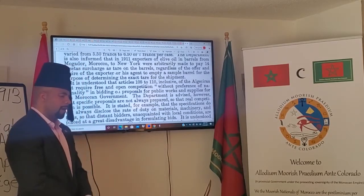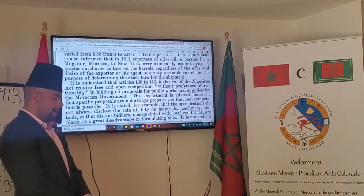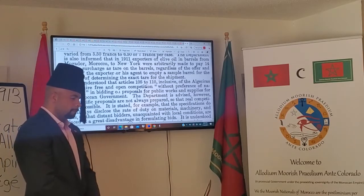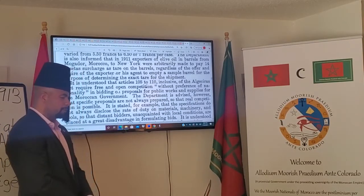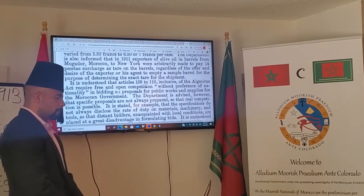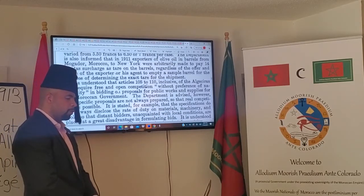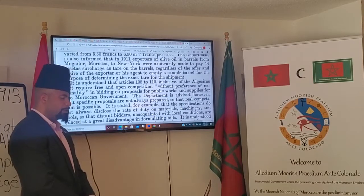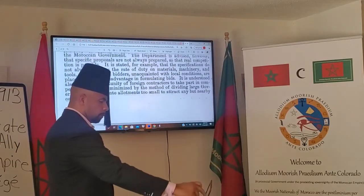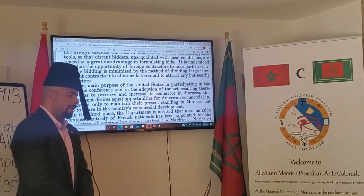It is understood that Articles 105 to 110 inclusive of the Algeciras Act require free and open competition without preference of nationality in bidding on proposals for public works and supplies for the Moroccan government. The department is advised, however, that specific proposals are not always prepared so that real competition is possible. It is stated, for example, that the specifications do not always disclose the rate of duty on materials, machinery, and tools, so that distant bidders,